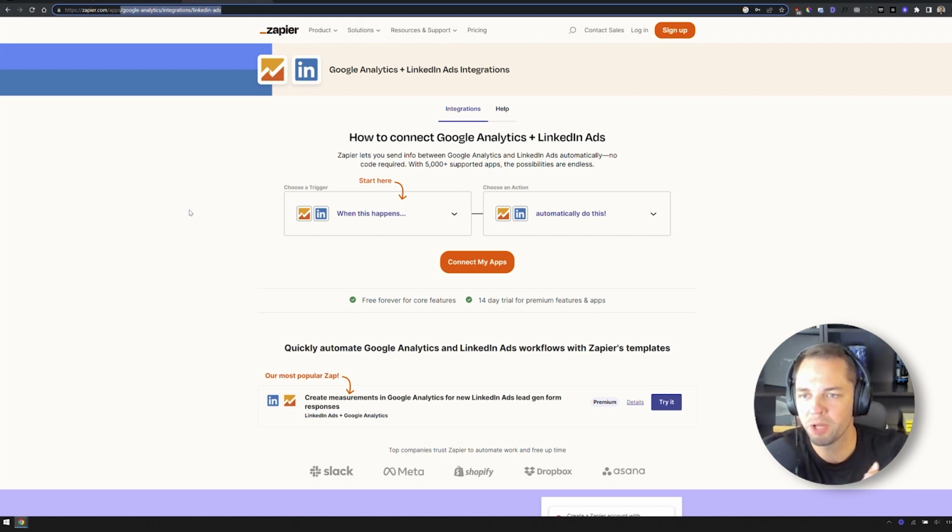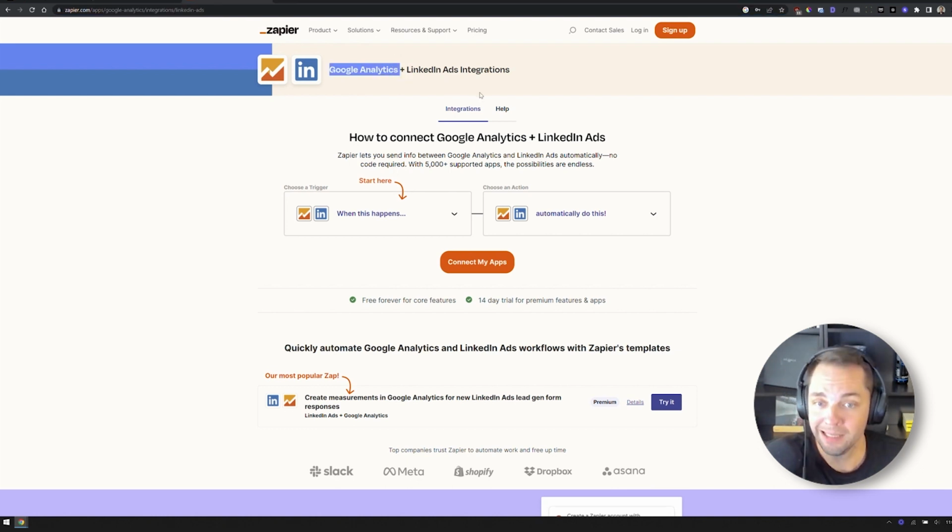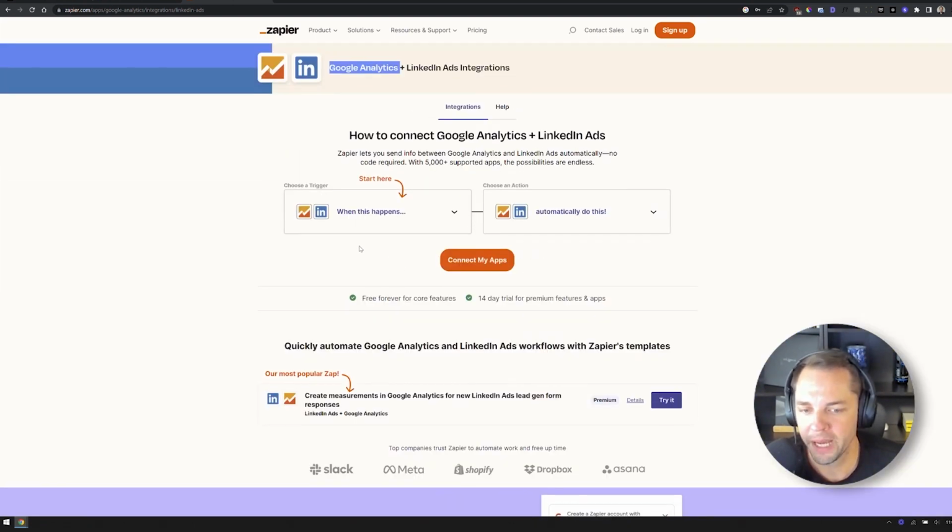So you'll notice also throughout the structure of the content, the target of this so-called double integration page is that it's built for users that are looking to integrate two different platforms. So Google Analytics and LinkedIn ads integrations, right? That would be a typical search query. And that is specifically what Zapier is targeting here, as well as how to connect Google Analytics and LinkedIn ads, right? Those are their two target queries. Again, software one, software two integrations, as well as how to connect software one and software two. So a very logical and meaningful URL structure they've built, as well as the actual page structure as well,